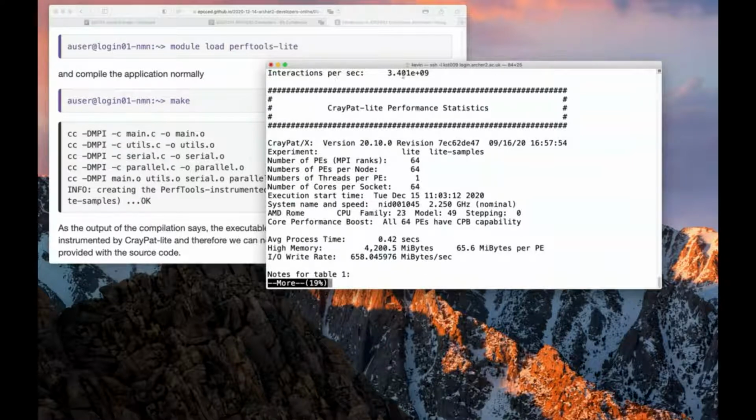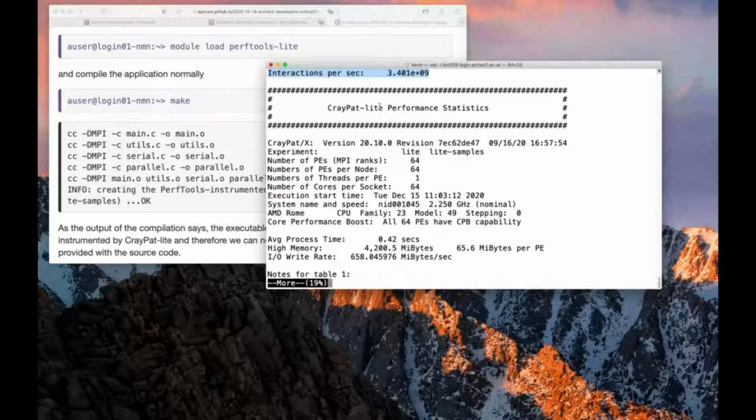And at the end, I think that's the last line of output from the program itself, and then we get a whole